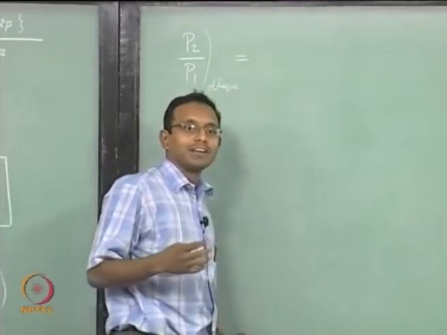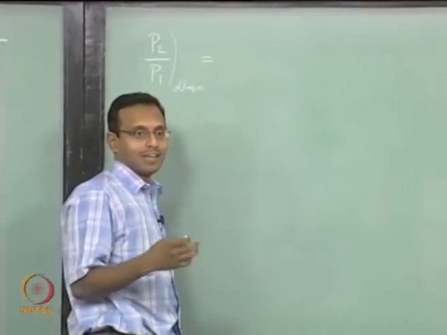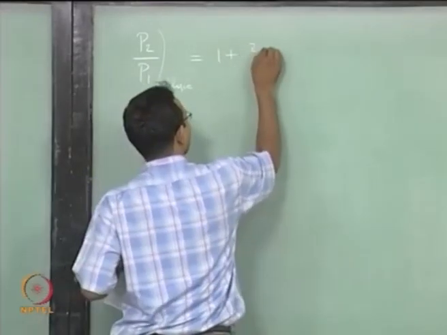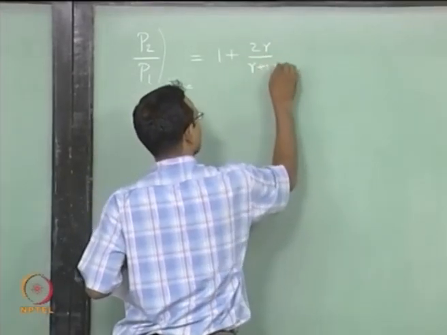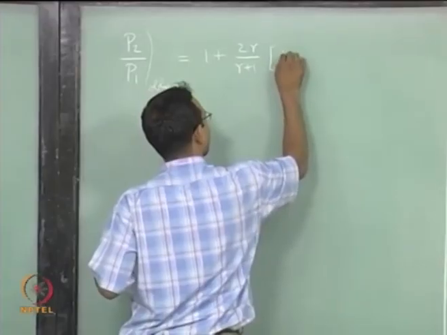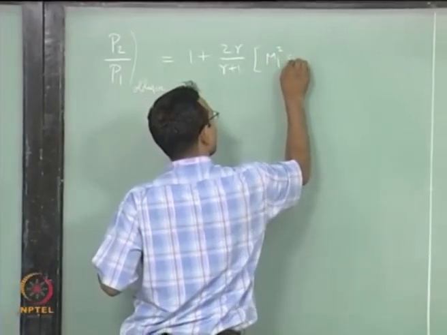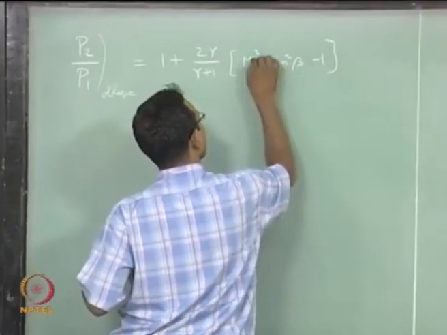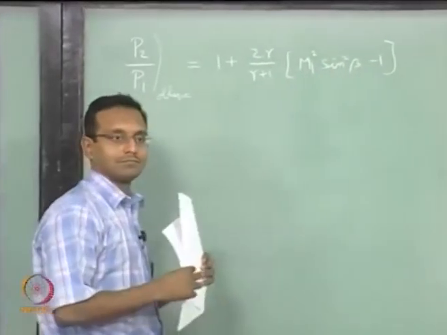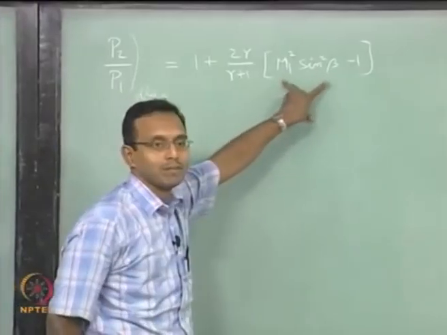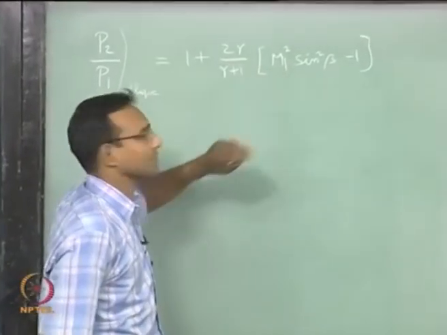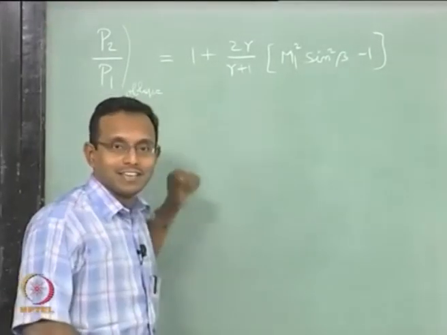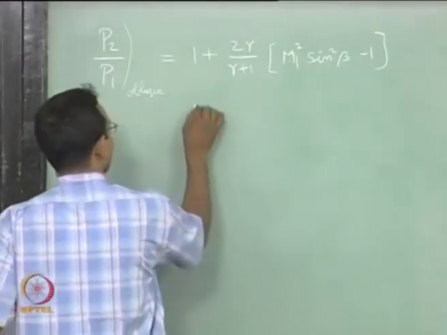Of course, it is going to be written in terms of M1 normal. I will write M1 normal equal to M1 sin beta. We already have this kind of expression written before, so I will just write it directly. Here I will get this. It used to be M squared minus 1, it just comes out to be this. Okay. So, now I will look at that and say if my beta is less than